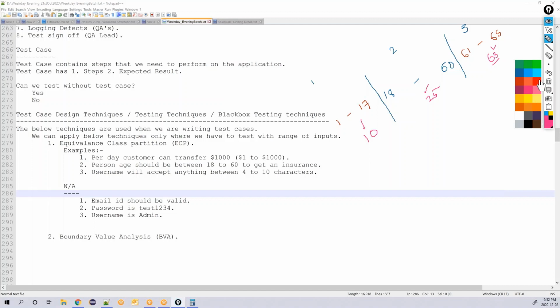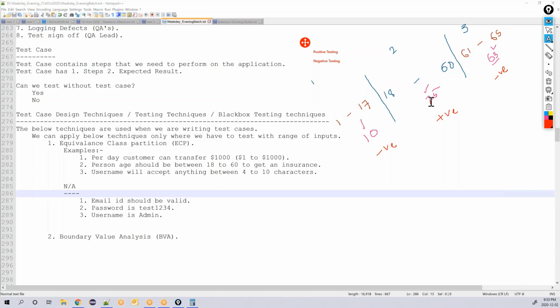Now, whatever you are testing below 18, this is called negative testing. This is called positive testing. And this is called negative testing. People will generally say in interviews, I have done a testing called positive testing. Positive testing, by the way, is not a type of testing; positive testing has to be done for every combination. And saying negative testing is another kind of testing I did is also wrong.